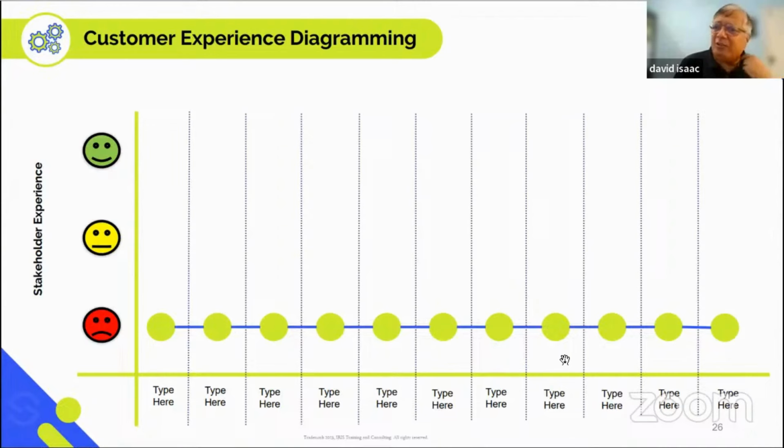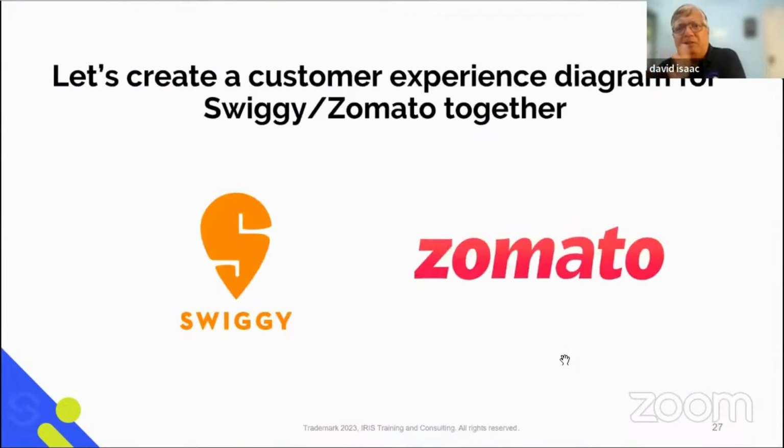You can have a 5-point scale also there. And what you are doing is you are trying to map the experience of the customer or the stakeholder as they move through the entire journey, right? So, for example, here is an example: Swiggy and Zomato,